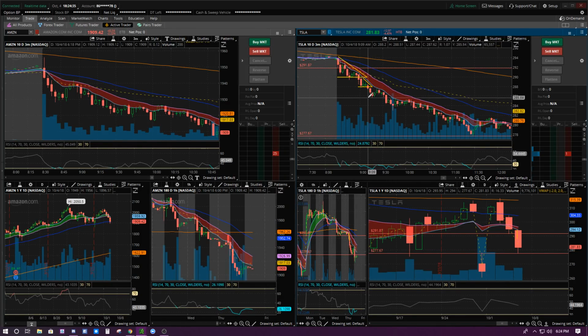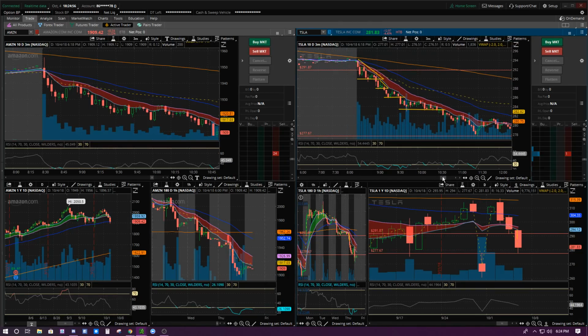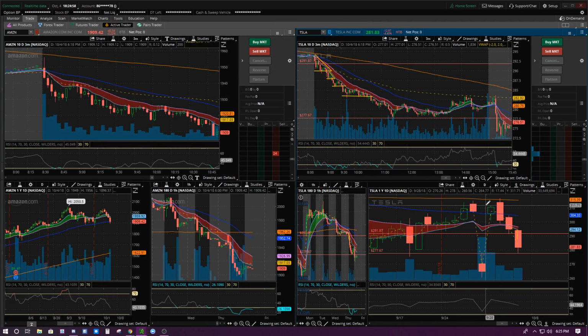and comes back down. It makes a little support here and pops up, and these are all places where you can get in. Same thing here: it makes some support, you have another line of support, and you can get in on the break. You just have to be careful the further it goes down, because you don't know how far it's going to go. But I pretty much said I think it's going to close the